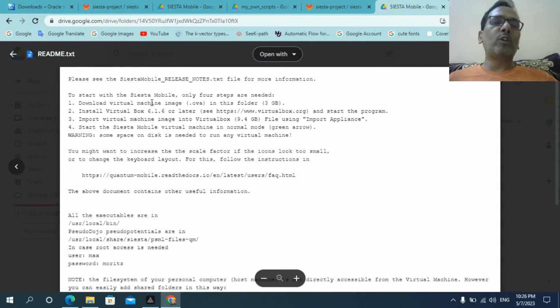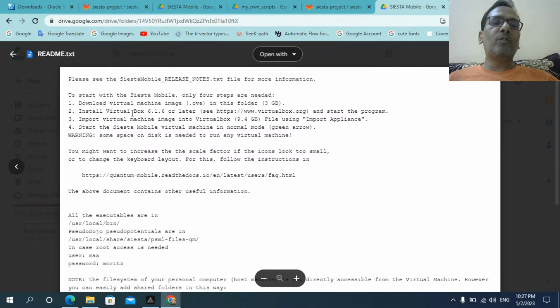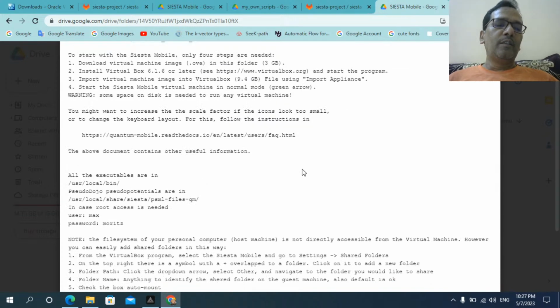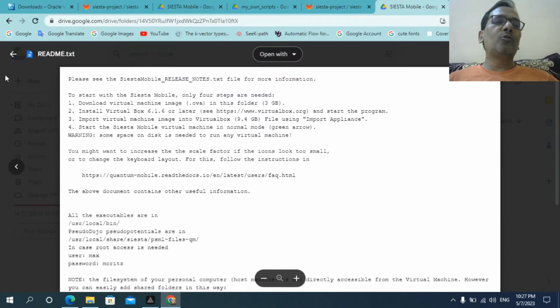So you have to download the virtual machine image, install VirtualBox 6.1.6, and remember that the VirtualBox version must be 6.1.6 or later. Then you have to import the virtual machine using import appliance, and you can install the Siesta virtual machine in normal mode. Compiled Siesta and some good tools are